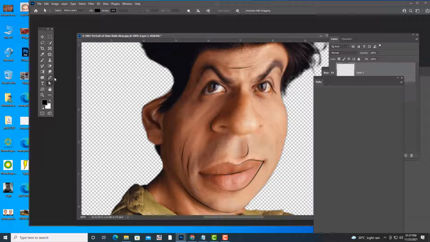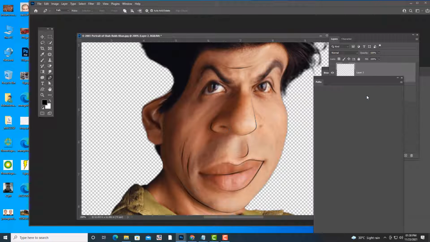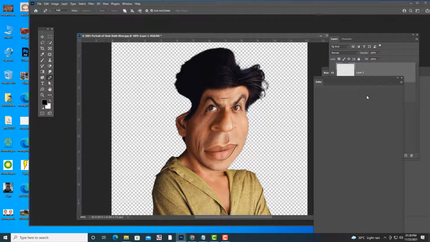Delete path. I think this is not looking nice, so something like this. See, we have created the outlines.